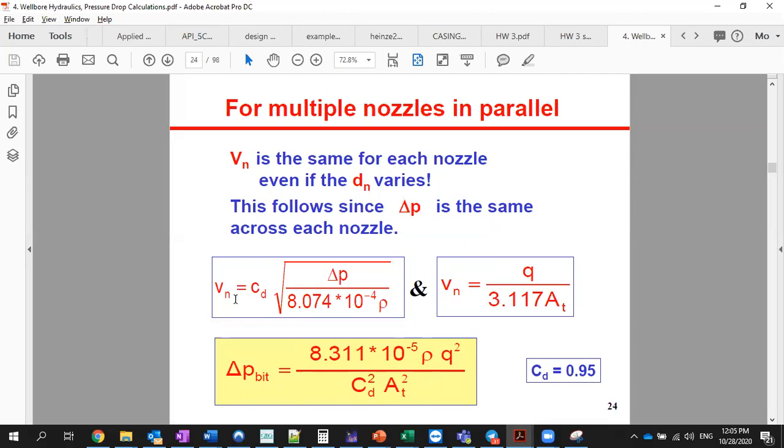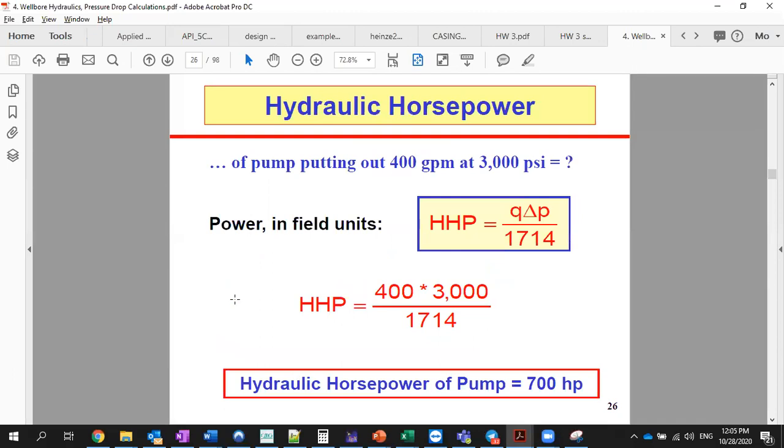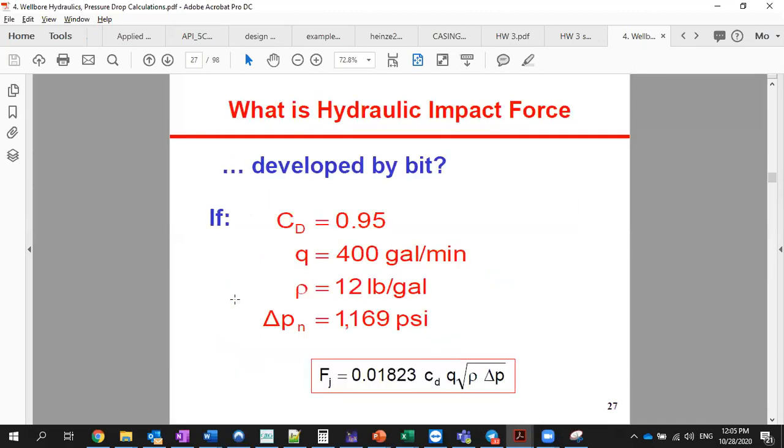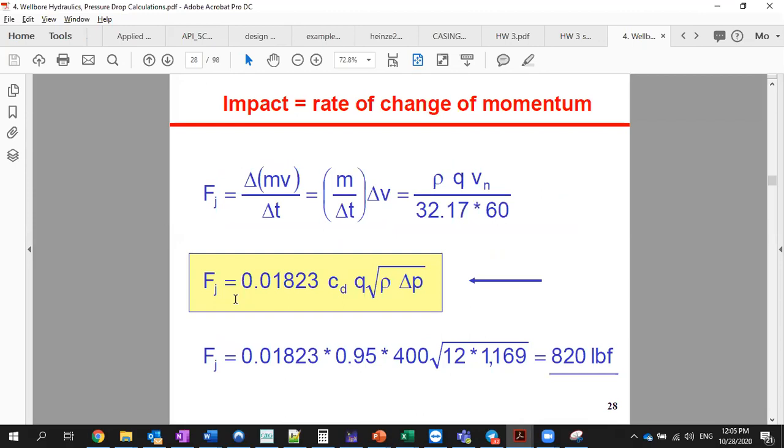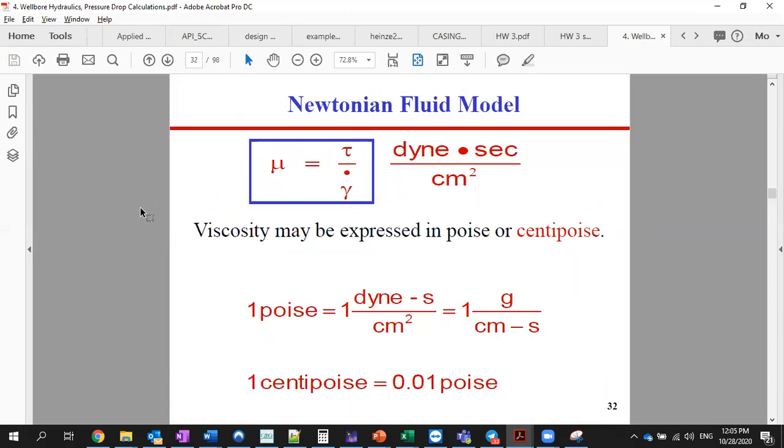That's where it starts, basically. So we started from the drill bit pressure loss equation, and an example for that, hydraulic horsepower. These were not part of the previous exam, right? So the impact force calculations for the drill bit, but our main focus was mostly,